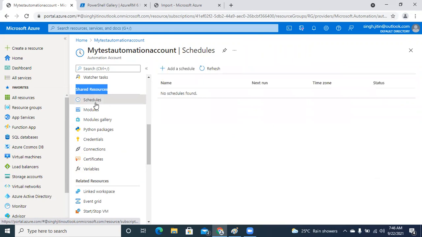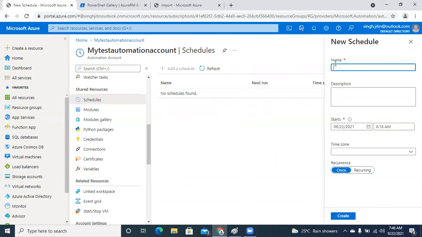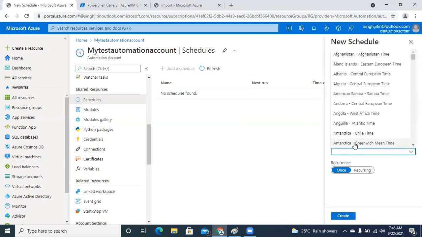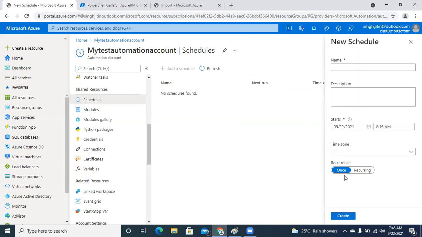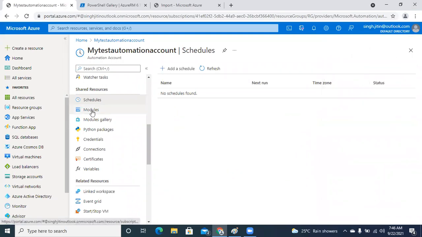Now you can have the schedules. So if you want any particular script to be scheduled and executed in a particular duration of time, you can use it. And you can also schedule your update management as well, if required. You can mention the time zone and whether this script is something you would like to run once or whether it is recurring, because there are certain scripts that we use for compliance purposes and we want that script to be running and fetching the information every week or every month as well. Those kinds of scripts can be used as recurring over here, and you can set the duration, at what interval it will be pulling the reports.